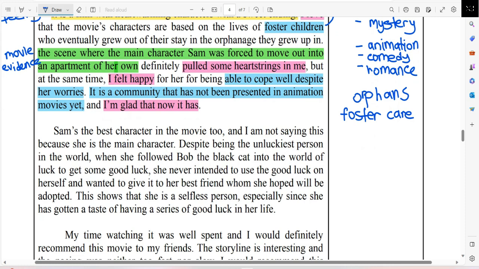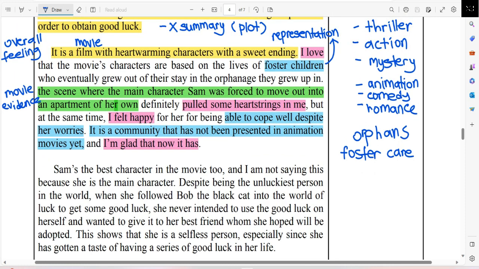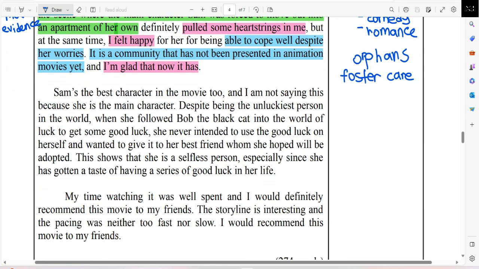So the next sentence, we still need to talk about what we like about this movie. If you notice this entire paragraph, we are generally talking about what happened in the movie, like the general plot. Here we just specifically mention one character, which is our main character, Sam. Maybe a characteristic of hers or an action of hers that we really like. So now let's see our next sentence.